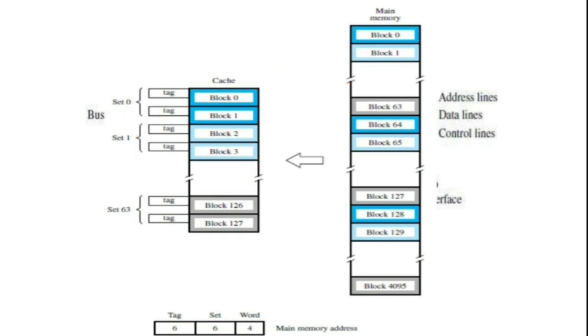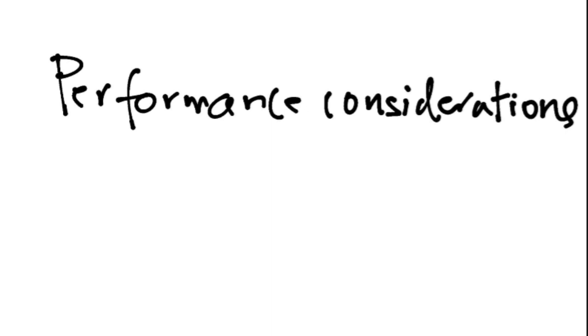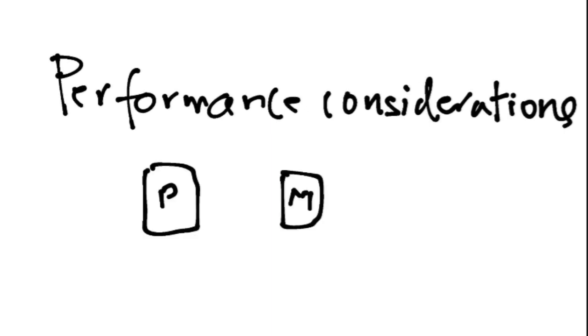Now see, when it goes inside a set, and if it finds that two blocks are there, but one of the blocks is filled and another block is empty, then it's okay, it will go and be filled in that block. But if both the blocks are filled, it will check which block is the oldest. Okay, means the oldest block will be replaced and overwritten with the new block. That's set associative mapping. In that, many sets will be made, and that's the only difference between this and the previous associative mapping. In order to know which is good in performance, how we will do that, see, consider here,